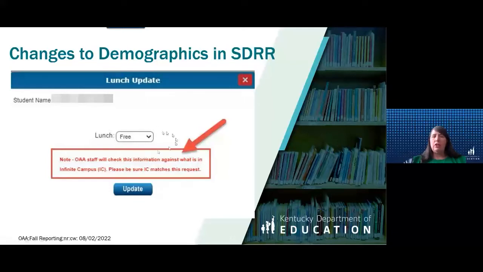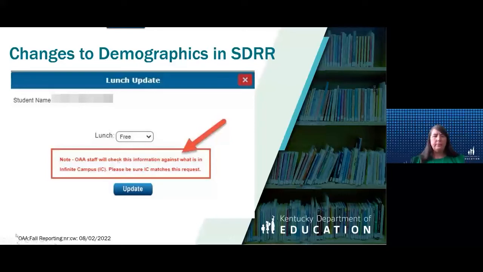If you make changes to that on the student listing, it'll always give you this particular note and say, go back and make sure that you've done it in IC, that it matches, because we will be checking that against when you put that information in. And always when you update something, you want to click on that update button to save it, and then when you refresh your screen for your student listings, you'll see that it has been updated.